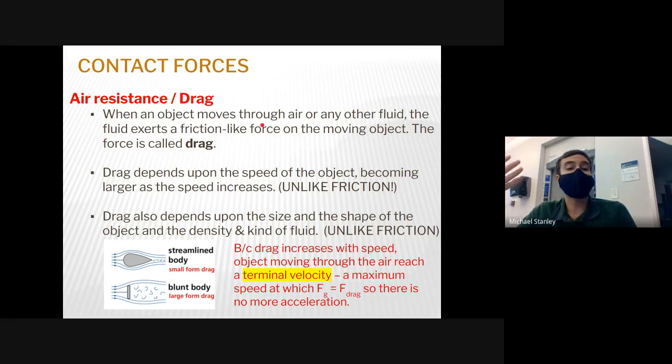So like I said, drag especially is something that physicists looked at when it comes to air. When people are manufacturing cars, the whole reason that planes exist is because of drag. The drag between the wing and the air creates this lift that helps the plane get off the ground. And that also means that